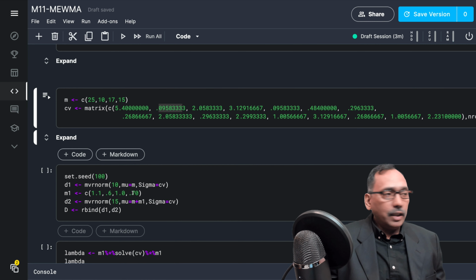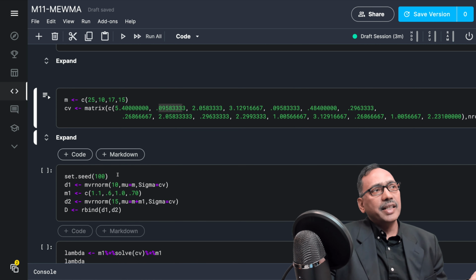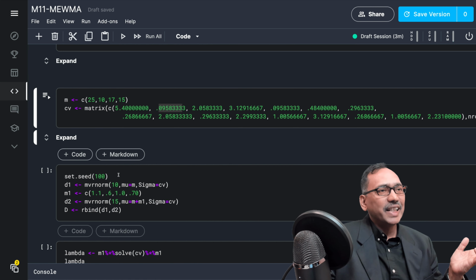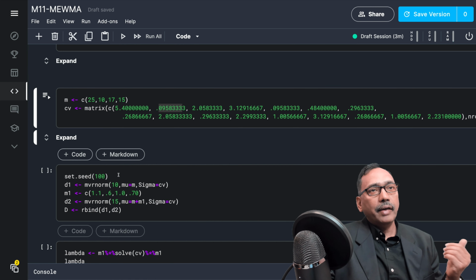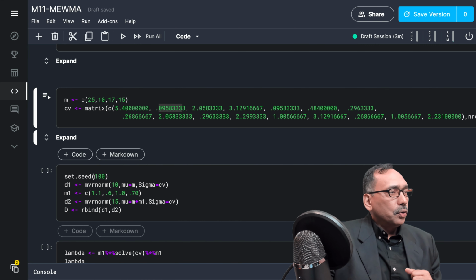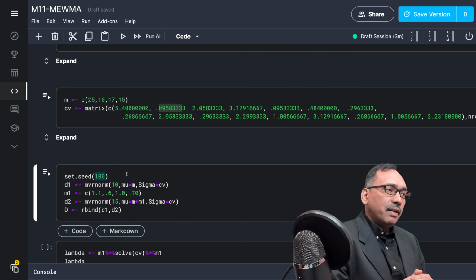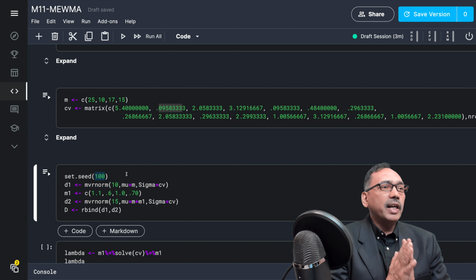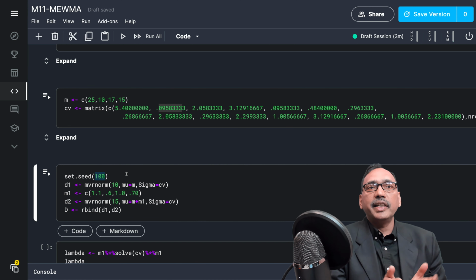And while drawing these random samples, in most packages you have to specify a random seed, because if you do not specify a seed, every time you draw a random number, the numbers will be different. So I'm using this seed of 100, which means every time I draw random samples from the multivariate normal distribution, I will have exactly the same data points.